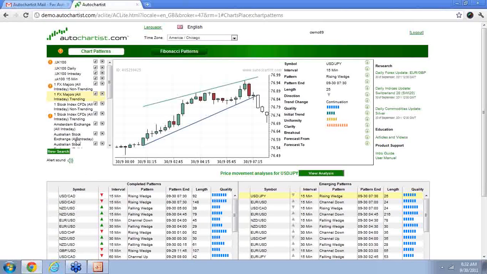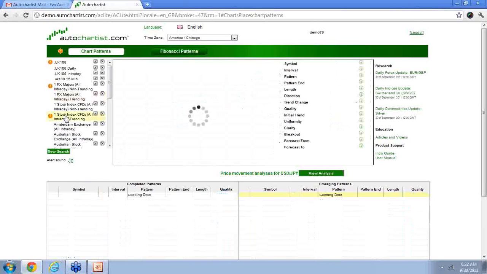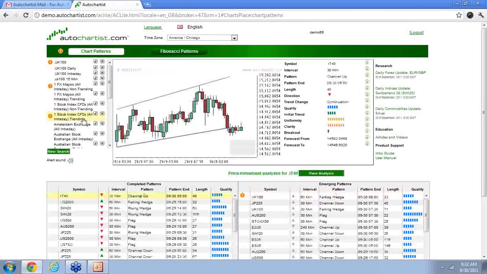Now we also have the ability to set up our trending patterns to search for the stock indices. These are the global CFD markets. So this Italy 40 market here, this is the CFD representing the stocks of Italy. This morning this just came up on a 30-minute search, and we had a channel up at that time. You can see with the channel, these aren't quite parallel lines, but you can